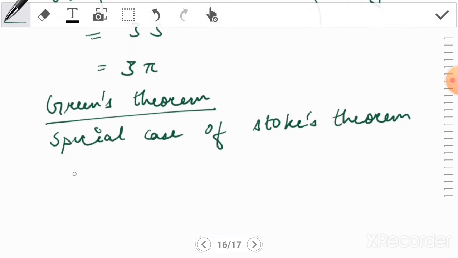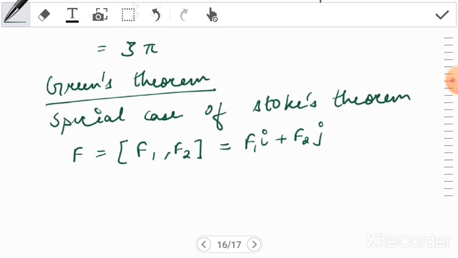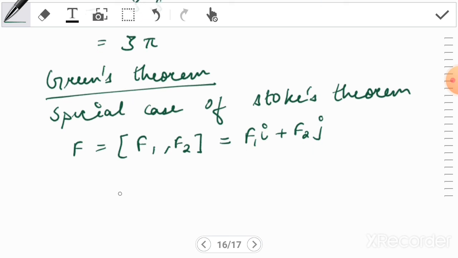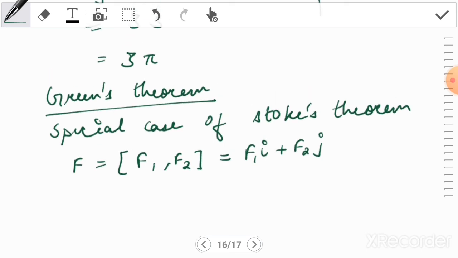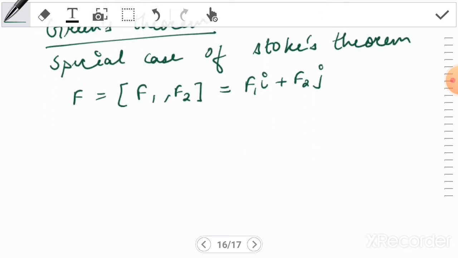So let F be a vector function F1 and F2 that is continuously differentiable in the domain in the xy plane containing a simply connected bounded closed region S whose boundary is C, which is a piecewise smooth simple closed curve. Then Stokes theorem now takes the form